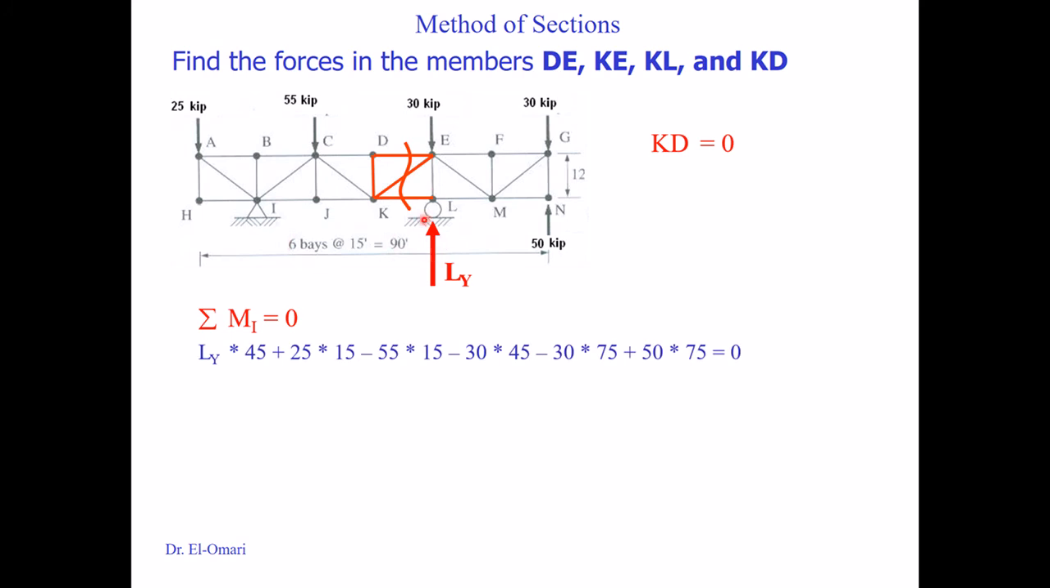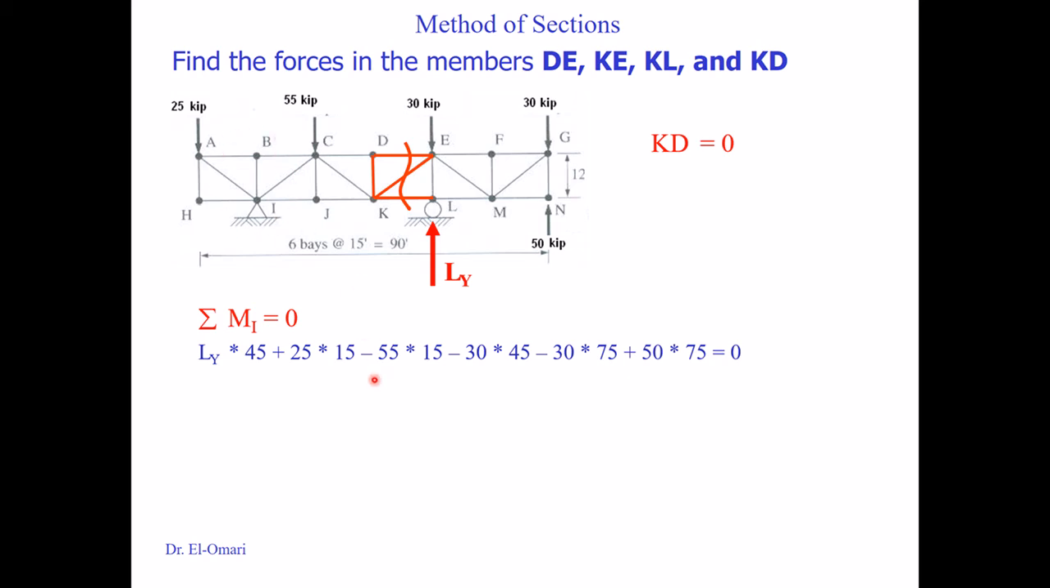You have Ly multiplied by the moment arm perpendicular from the point of rotation to the line of action of the force. These are the three bays, which is the 45, and then rotating positive, and then we can go from the left here that 25 times extended perpendicular to the line of action. Please, the distance is always the perpendicular to the line of action, never the one that is parallel to it. So you have 25 times 15,